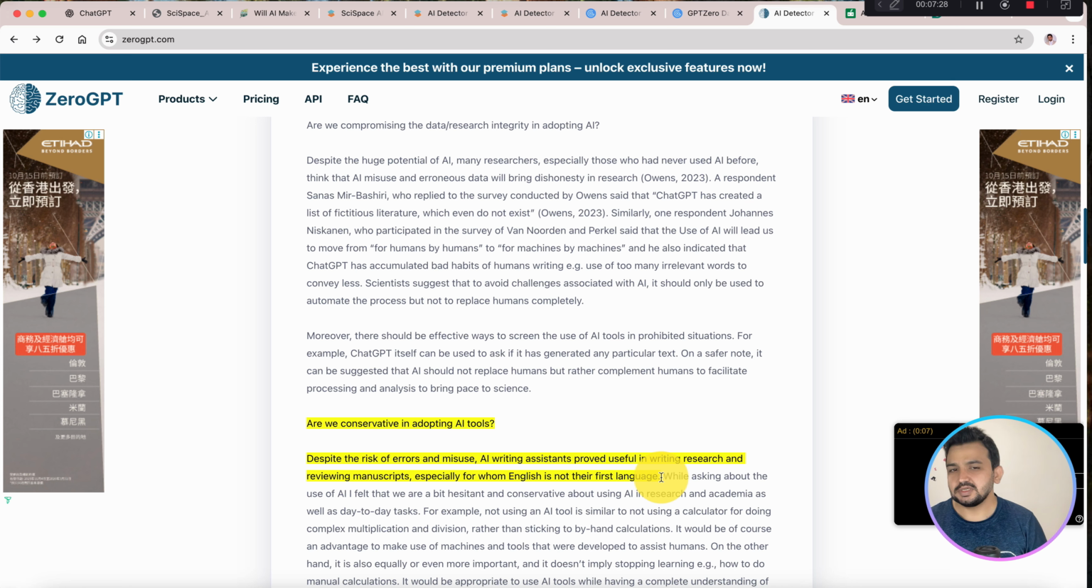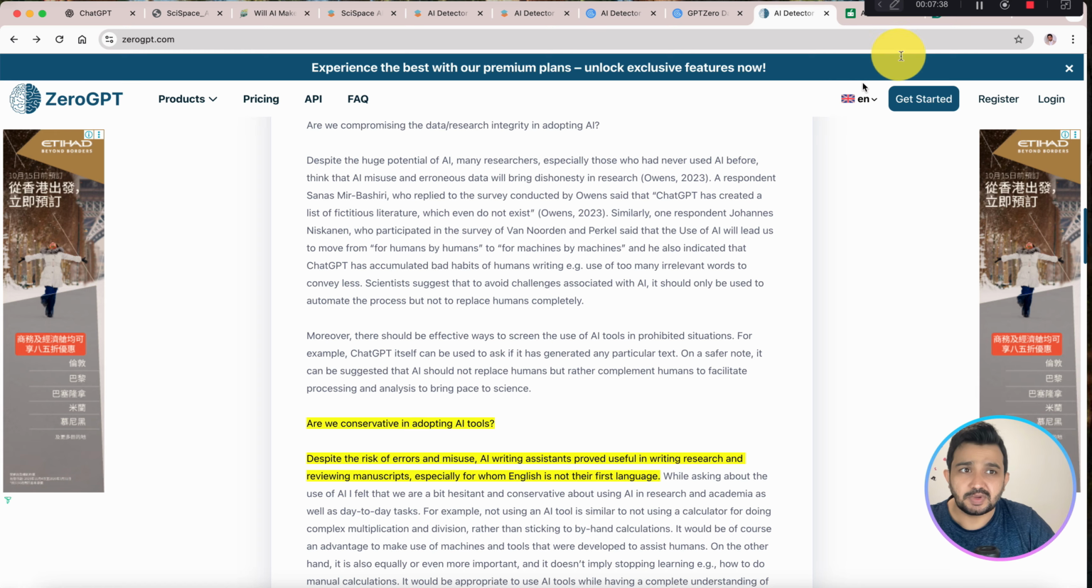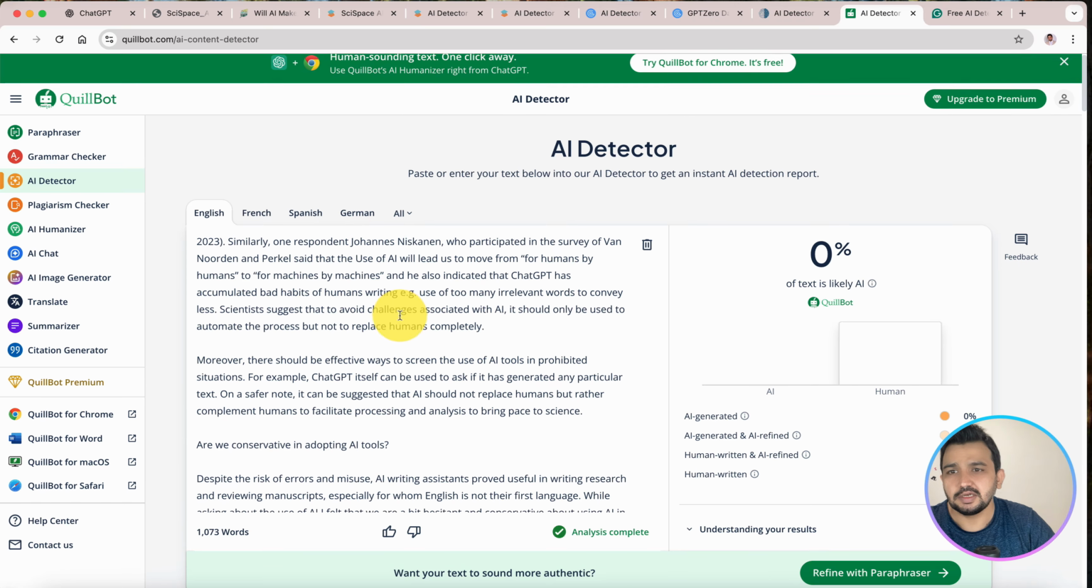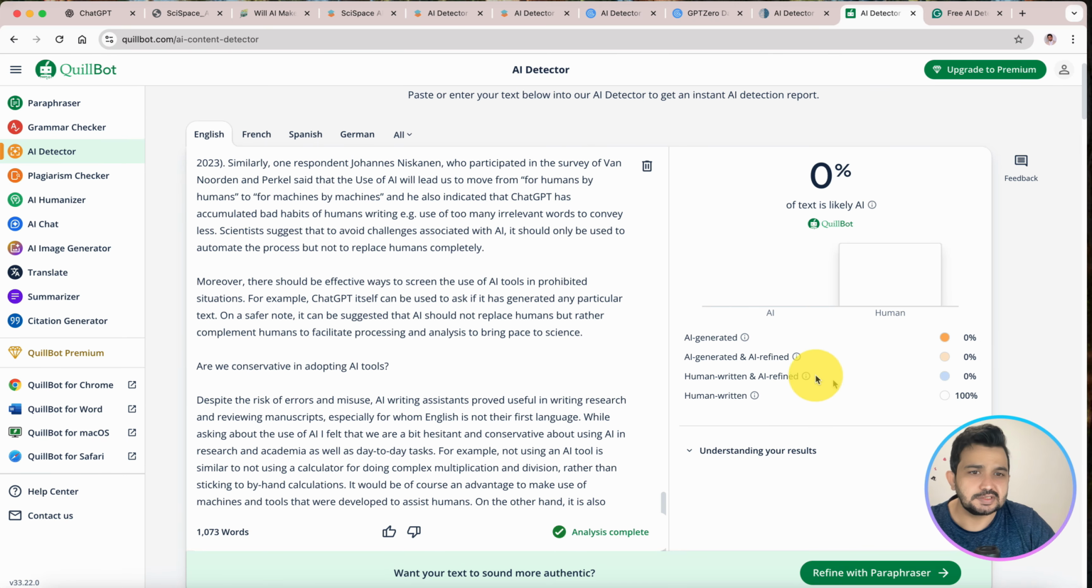So maybe this sentence is captured and detected as AI. So I believe ZeroGPT results are somewhat more reliable in this case compared to others. And now let's go to this QuillBot AI detector. And as you can see, overall